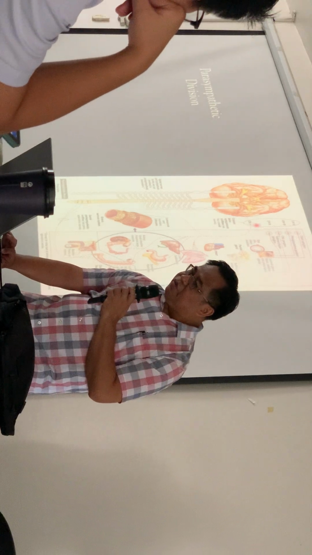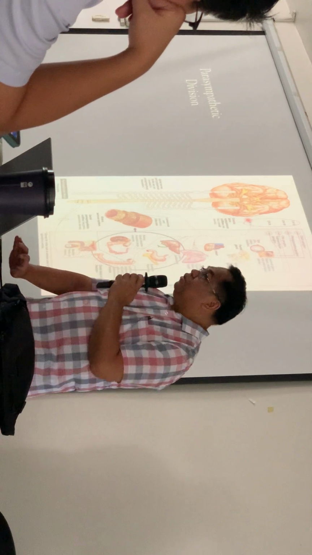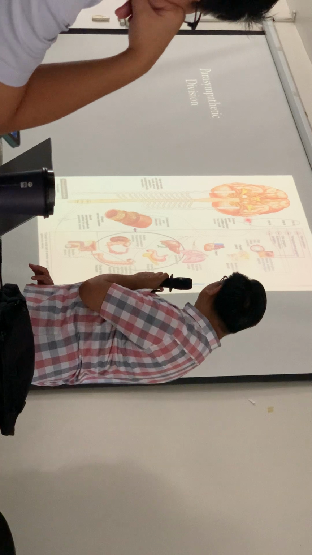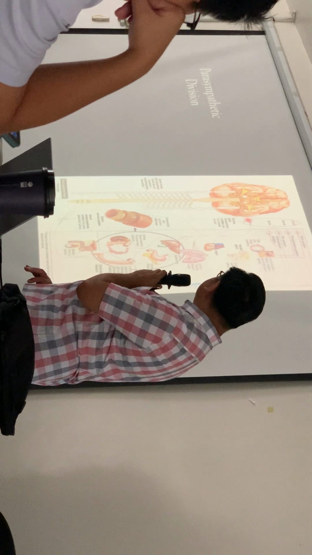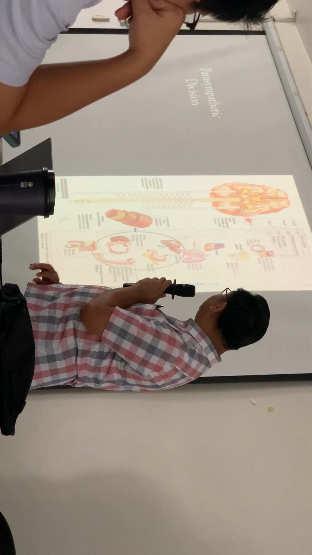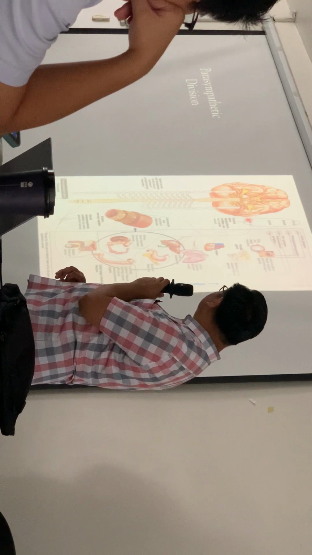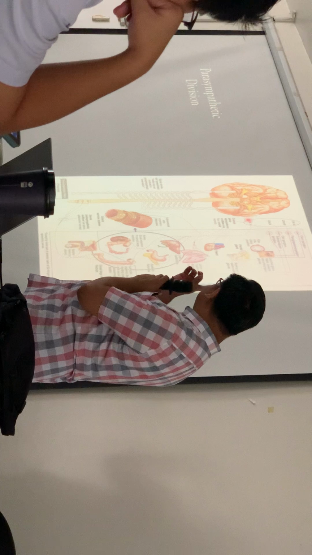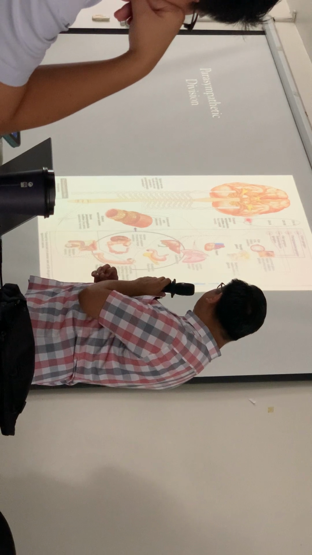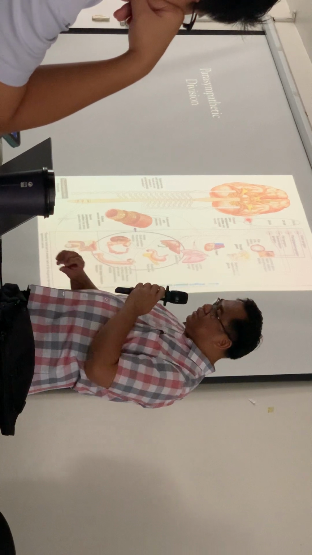Aside from cranial nerve 10, we have other cranial nerves like cranial nerve 3, 7, and 9. Cranial nerve 3 will send its signals to the eye. Cranial nerve 7 will send its signals to the different glands in the face, etc.